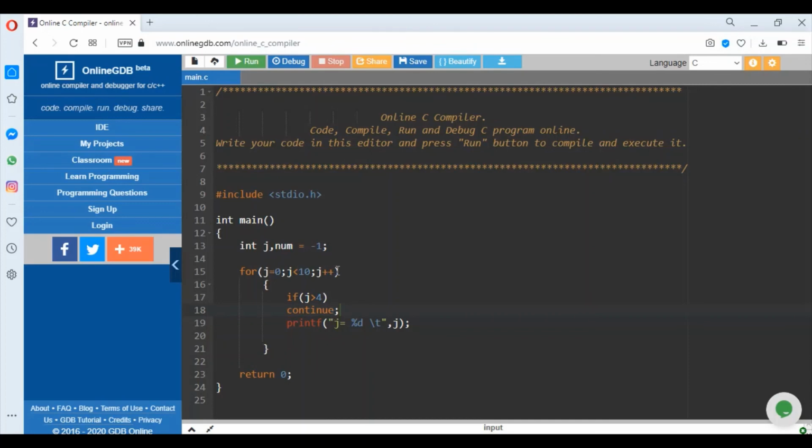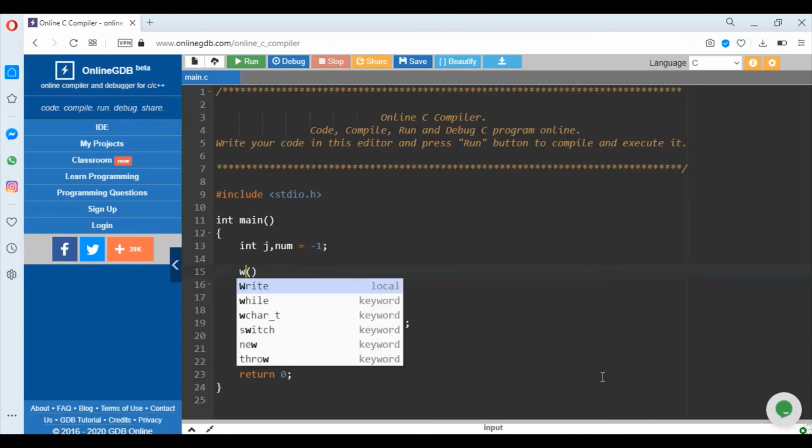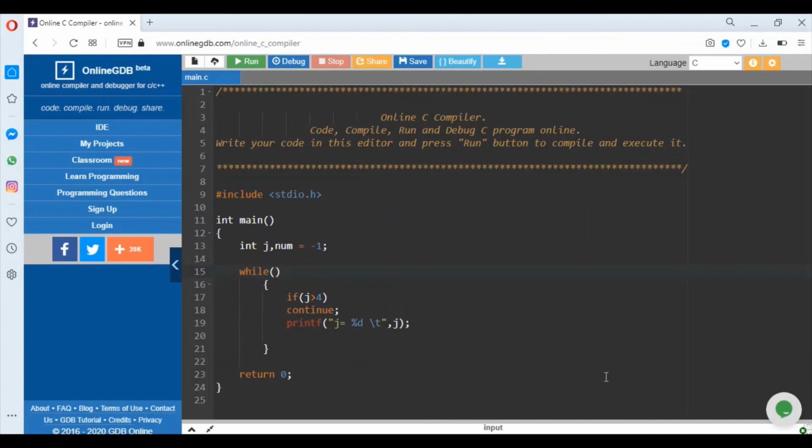Now if I am using while here, then what will happen, the control will shift to this test statement here.